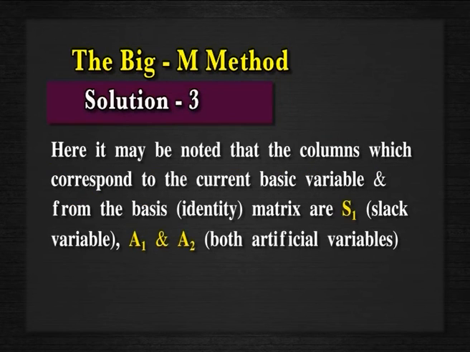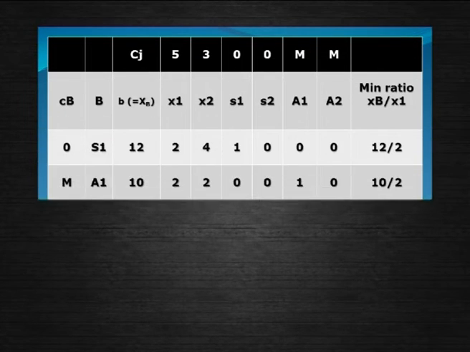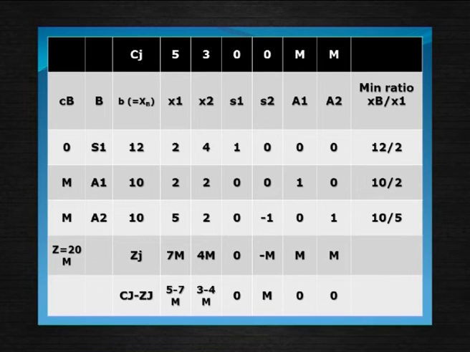Here, it may be noted that the columns which correspond to the current basic variables and form the basis, that is the identity matrix, are S1, the slack variable, and A1 and A2, both artificial variables. The initial basic feasible solution is given in the table. Initial solution: